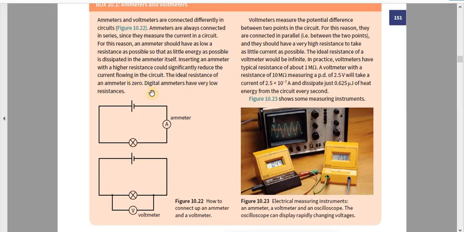Digital ammeters have very low resistances. Now see, this is ideal or perfect: the resistance of the ammeter is 0. So if it's a perfect ammeter, then that means the resistance should be 0. But you know, an ammeter is a component, so all components have some resistance. Voltmeters measure the potential difference between 2 points in the circuit. For this reason, they are connected in parallel. You can see that